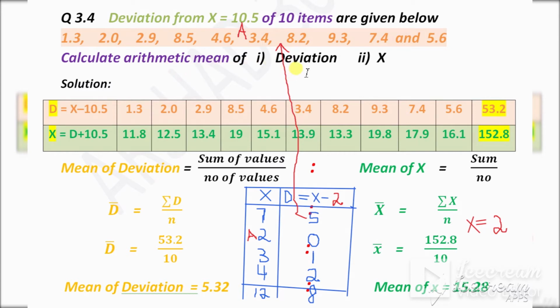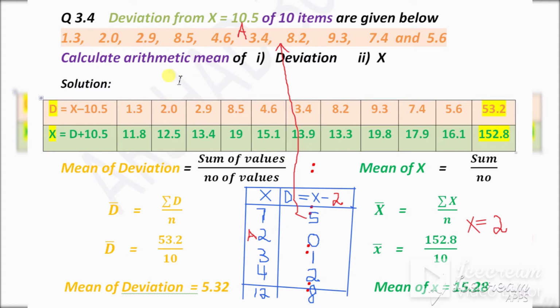How to find arithmetic mean of this deviation? For example, if you have given these are the deviation, how to find the mean of these deviation? Just add up these numbers. So if we add up, we will get 8. 8 divided by how many numbers are these? 1, 2, 3, 4. So 8 divide 4, we will get 2. So 2 is the arithmetic mean of this deviation.